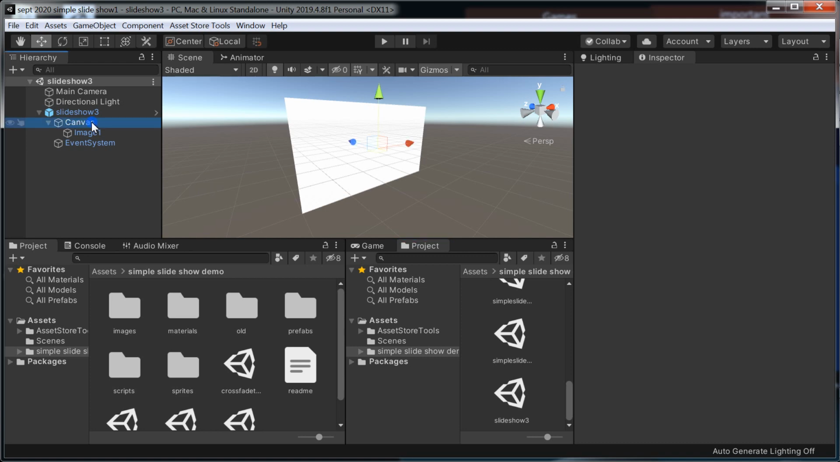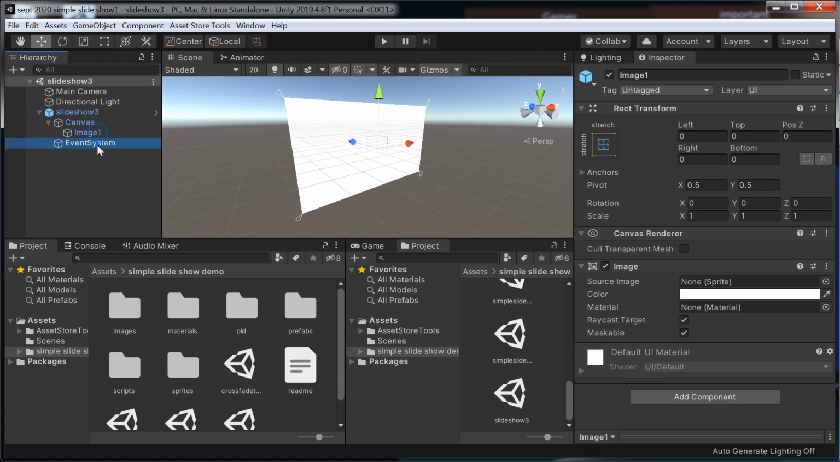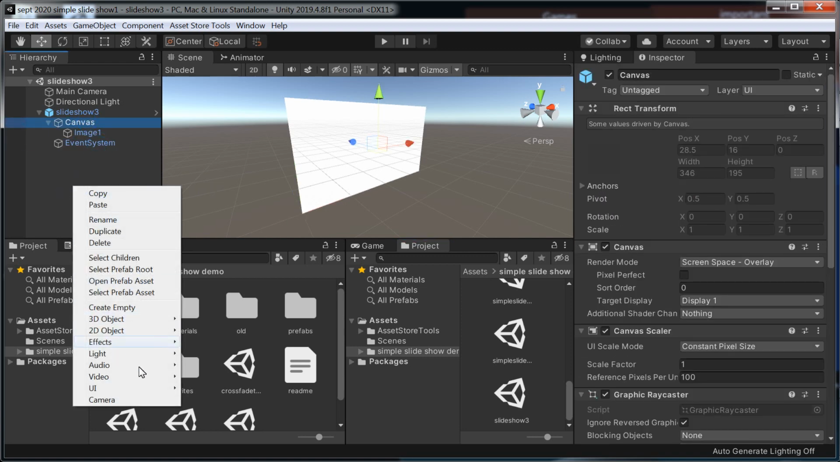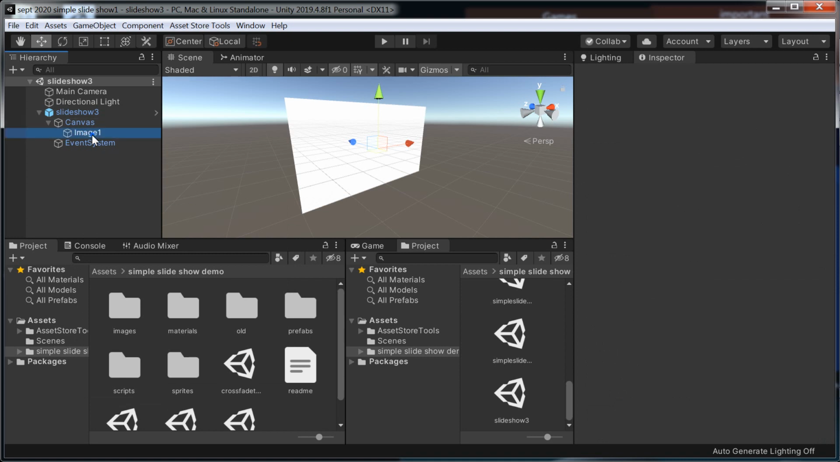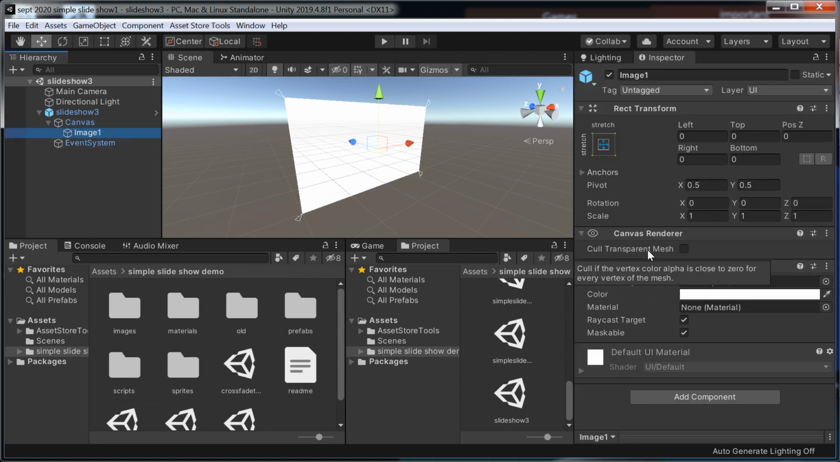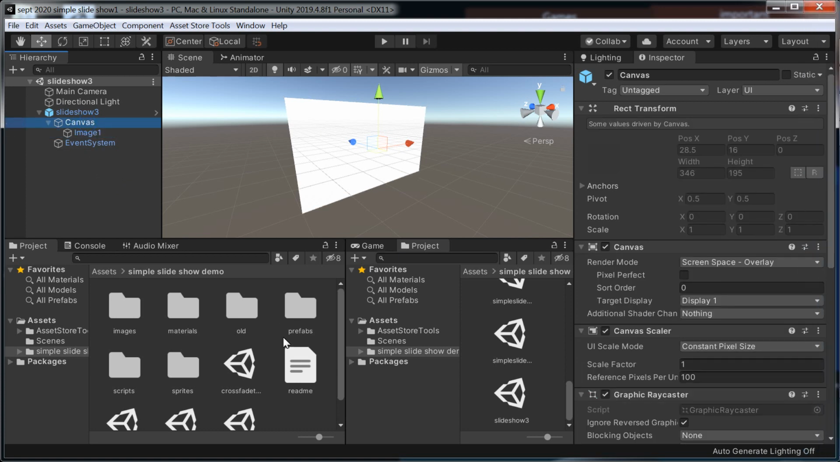So how to do it? Well, I've had to add a canvas and a UI system. So right click UI, and I added the image. We have to access some of the image functions. One of the image functions is crossfade. So in script,